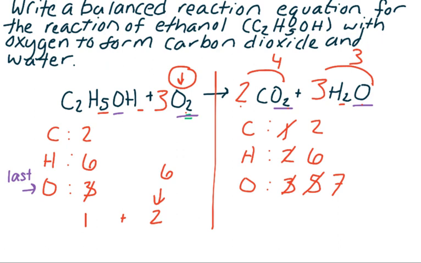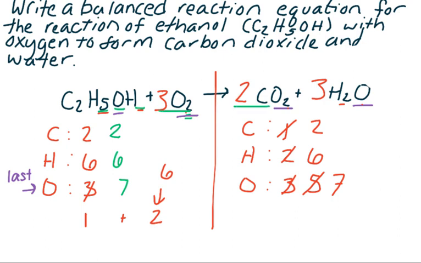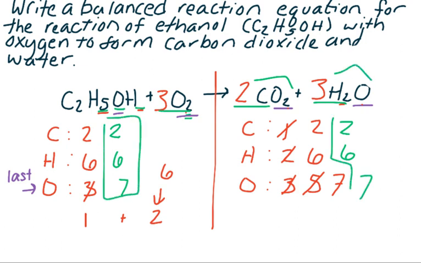The last thing I would do is go through and double check. We've changed a lot of things and it's easy to just make a little error. I think it's balanced and it's not. So if we go back and just double check, we have 2 carbon, we have 5 plus 1, so 6 hydrogen, and we have 1 plus 6, so 7 oxygen. We have 2 carbon, we have 6 hydrogen, and we have 4 plus 3, so 7 oxygen. After double checking, we can confirm that this reaction does in fact